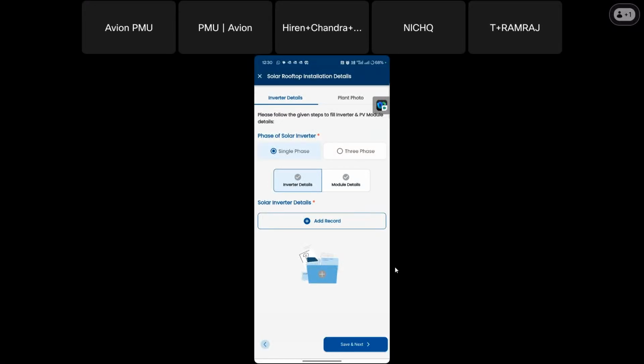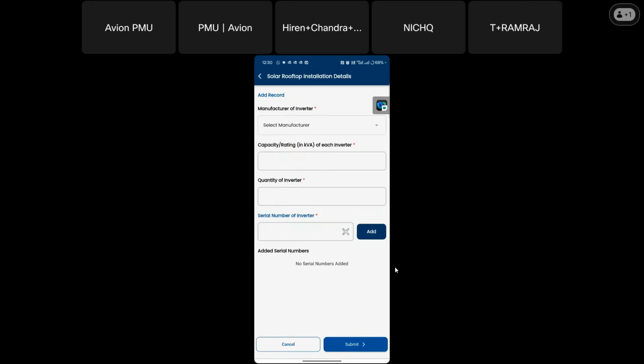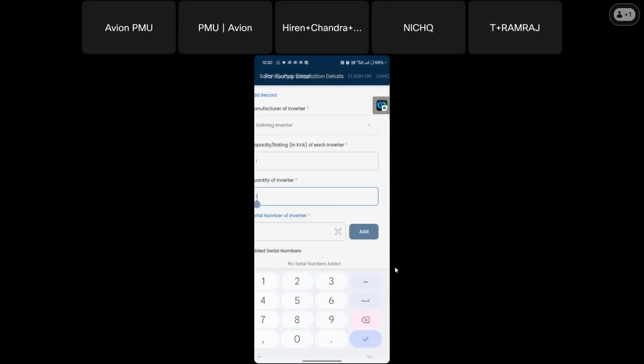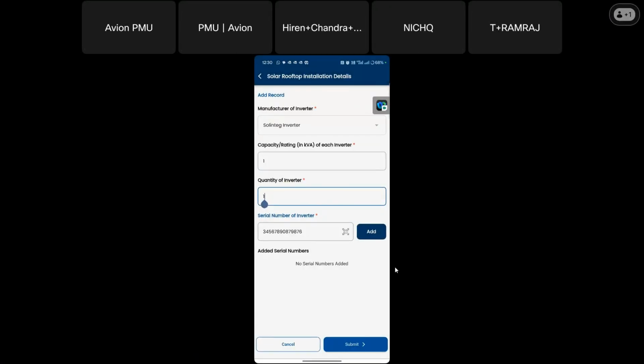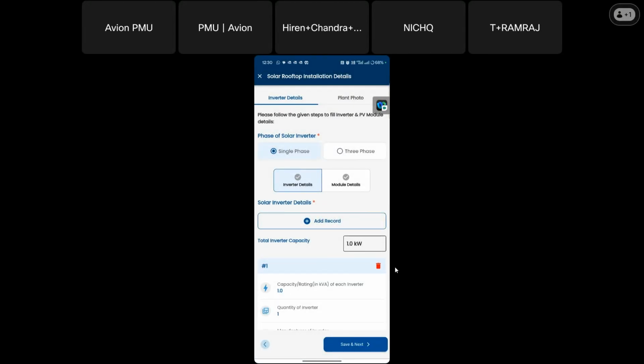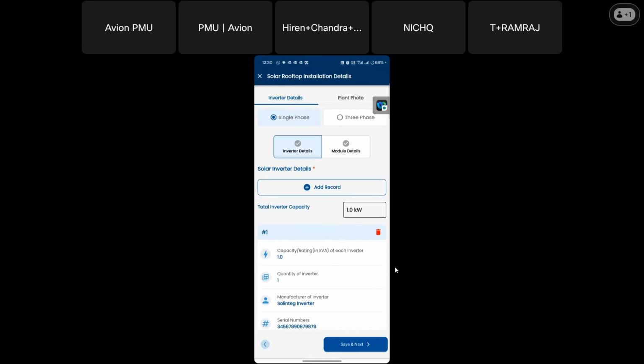For the vendor, barcode and QR scanning is available, so that it is not required to manually select or fill in the information. So I just scanned using the barcode functionality, and the inverter details get added. Similarly, if he has to add the model details,